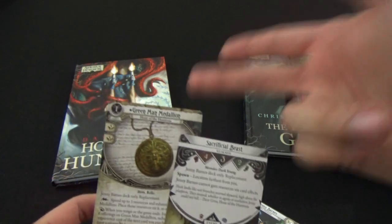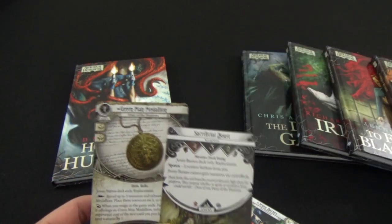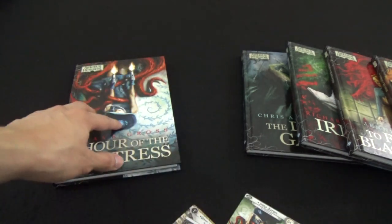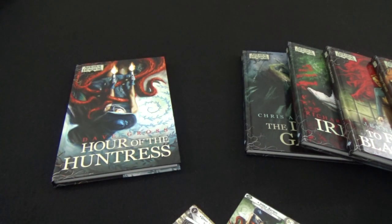And so you learn, why is this Green Man Medallion of any significance? What is the sacrificial beast? All of that is in this story. And the story itself,